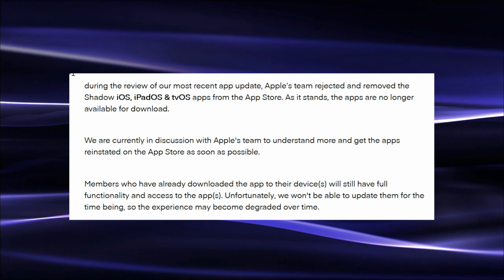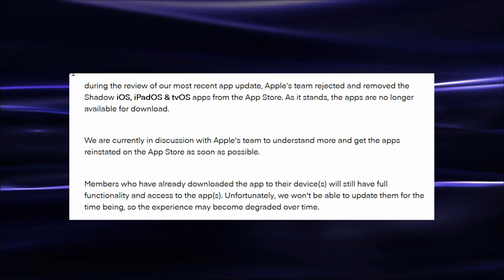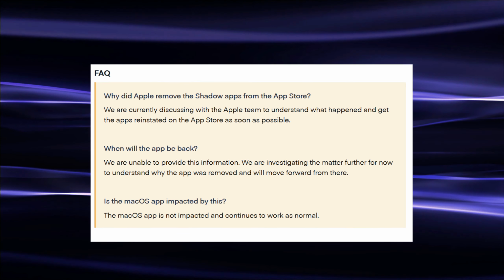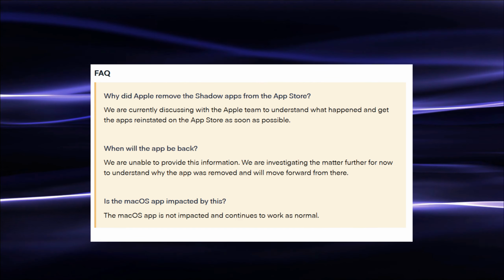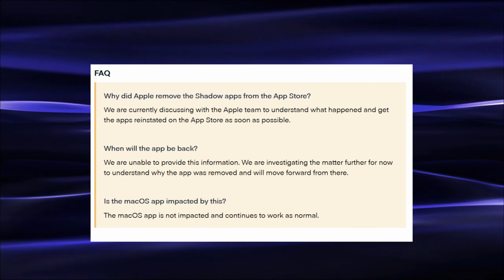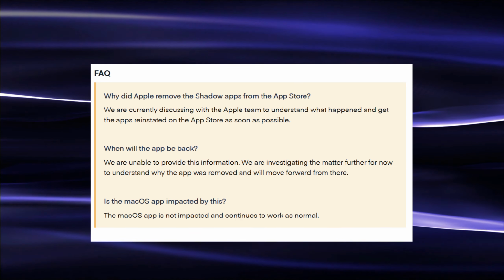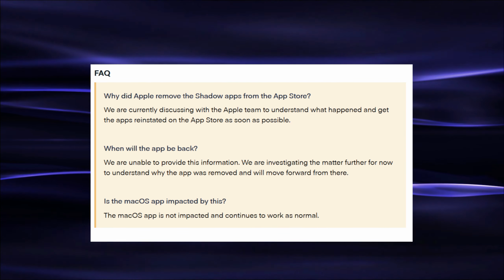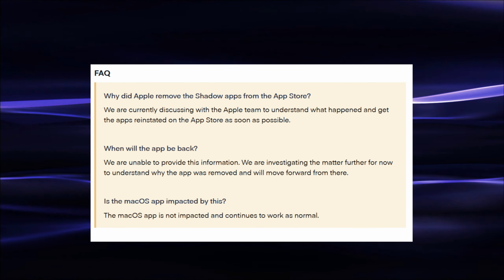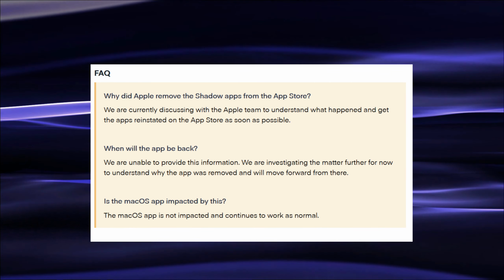Unfortunately, we won't be able to update them for the time being, so the experience may become degraded over time. Why did Apple remove Shadow apps from the App Store? We're currently discussing with the Apple team to understand why this happened. When will the app be back? We're unable to provide this information. We're investigating the matter further now to understand why the app was removed, and we'll move forward from there. Is the Mac OS app impacted by this? The Mac OS app is not impacted and continues to work as normal.